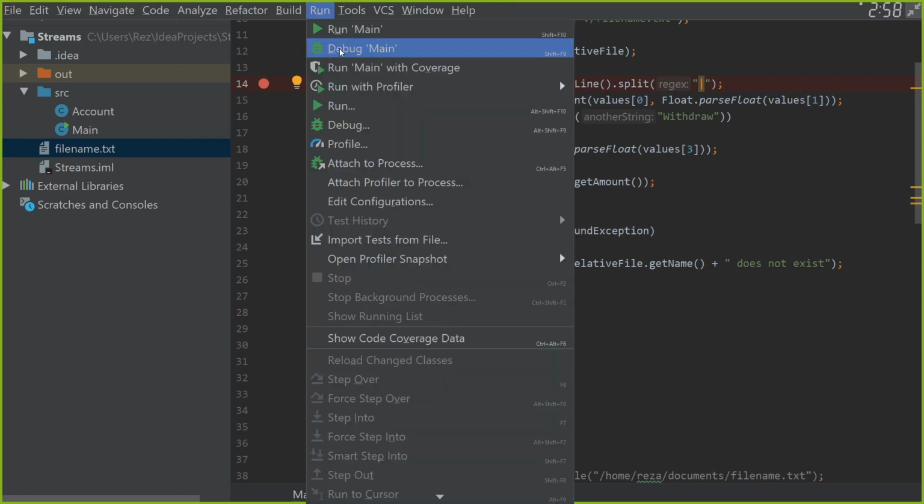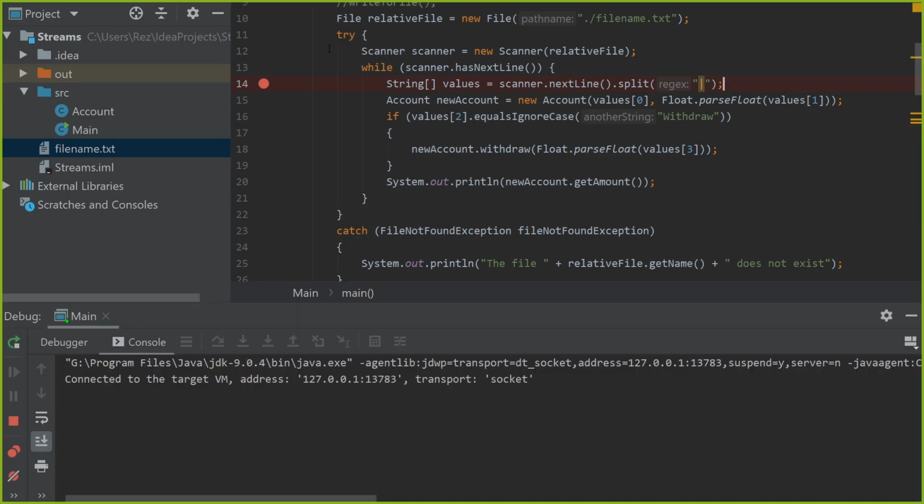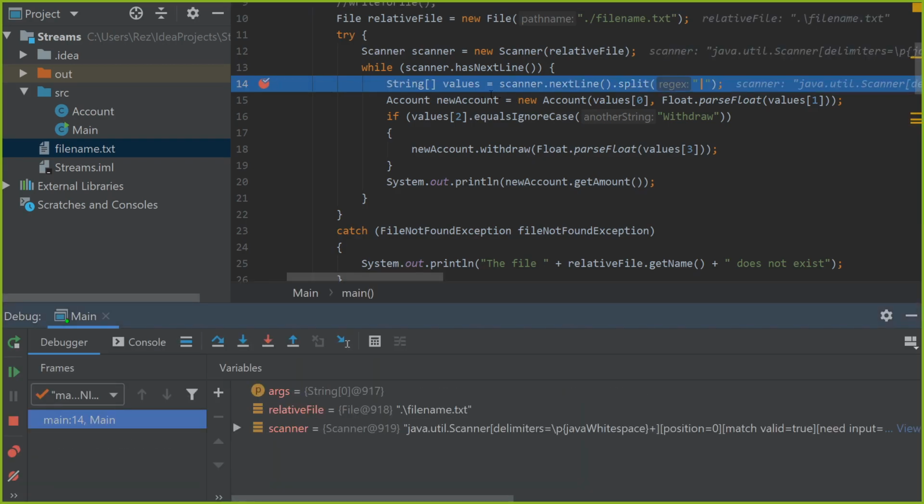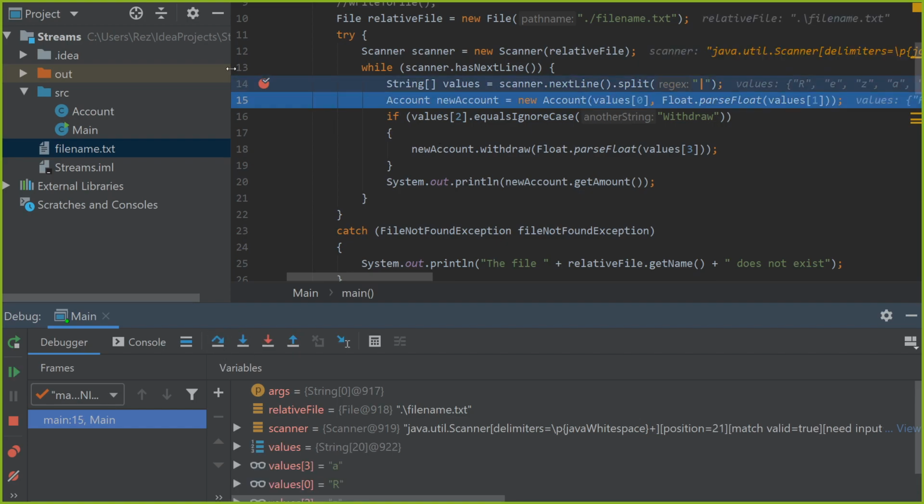Then I'm gonna go run debug. See this little bug thing? I'm gonna click on that. Application is gonna stop here at this moment, and we're gonna see our values. So for now, I'm getting a value from the scanner, and I'm splitting it into multiple. So let's see what happens. So now if we look at our string values,